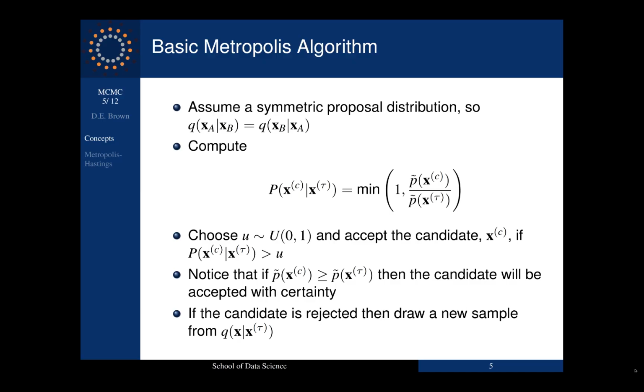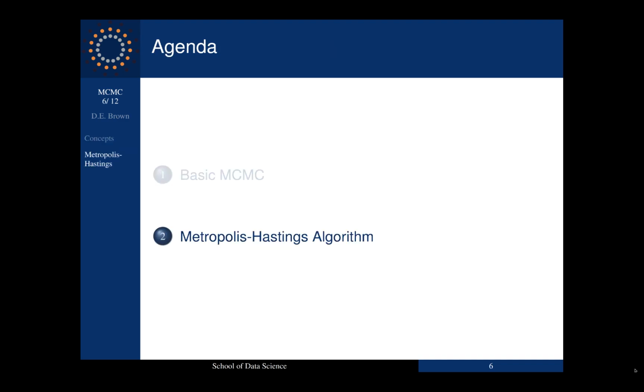And if the candidate is rejected, then we go back and draw a new sample according to our current location. Again, that's a conditional draw given that current location of a new value for x. Okay, that's the basic approach known as the Metropolis algorithm. Now let's take a look at the Metropolis-Hastings algorithm, which is really the algorithm that we use in most instances